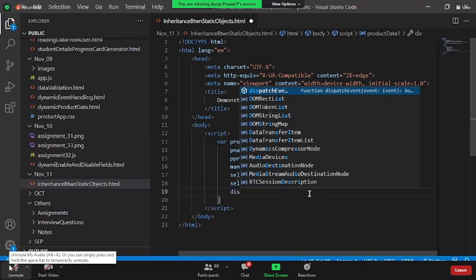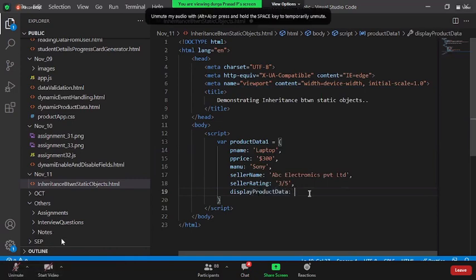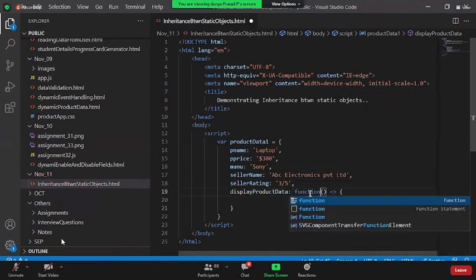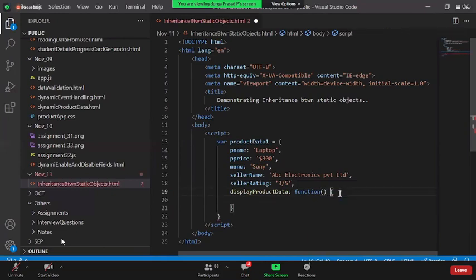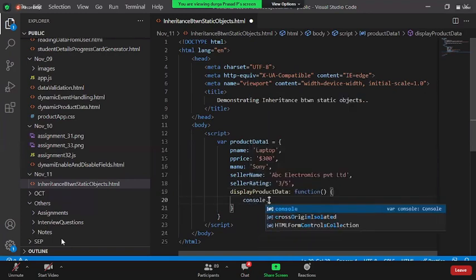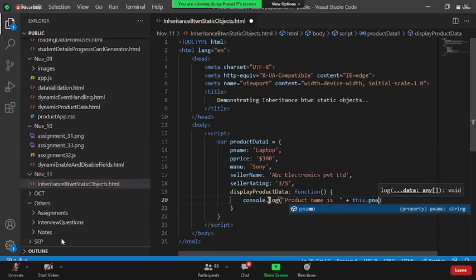I say some product data, okay, a piece of method. Or else let me make it as a function. Okay, now I say console.log product name is plus this dot pname. Right now I'm not showing the data on the page, as you guys already got expertise in that, right?